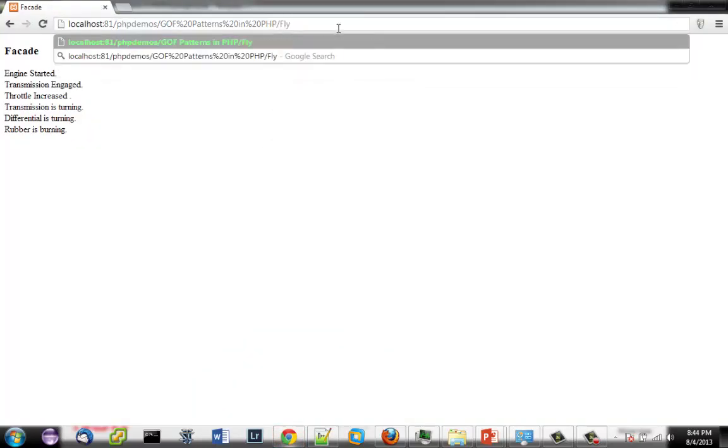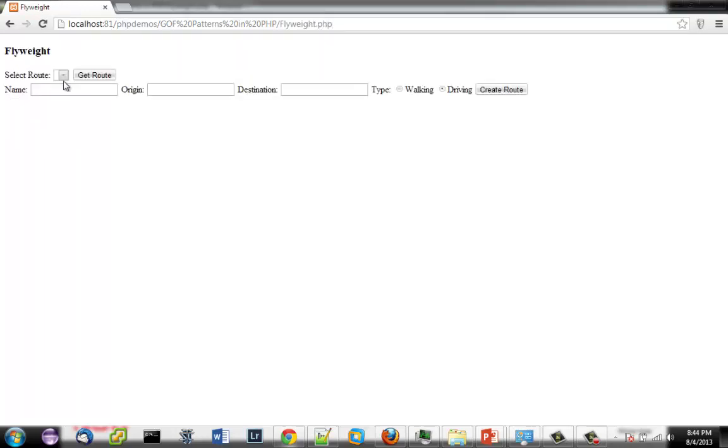Let's load up flyweight.php. And you notice here I've got what I was using that get routes for, so I could populate this drop down. Notice I don't have any, so I need to create a new route. Let's say I'm going home to work, and I live in my old hometown, Carrollton, Georgia, and my destination is Atlanta, and this is driving, so I want to create my commuting route for my commute every day.